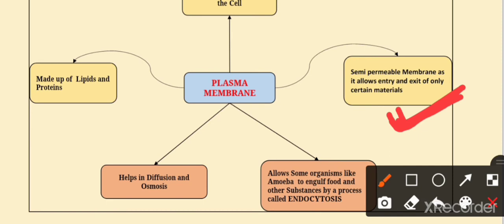So first of all, the first characteristic is that it is the outermost covering of our cell. Second, it is made with the help of lipid and protein, and third, it is a semi-permeable or selective permeable membrane, because it allows the entry of only those substances inside the cell which are necessary for our cell. All the content is not able to go inside the cell without plasma membrane permission. So here the role of plasma membrane is very important.